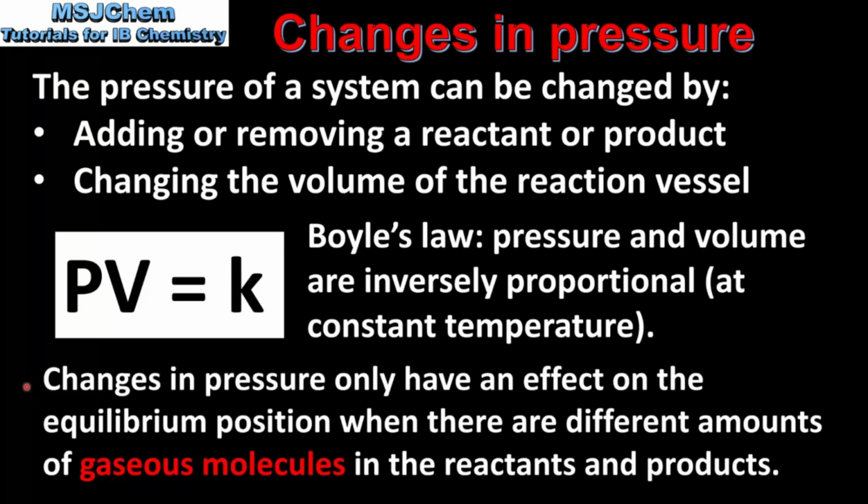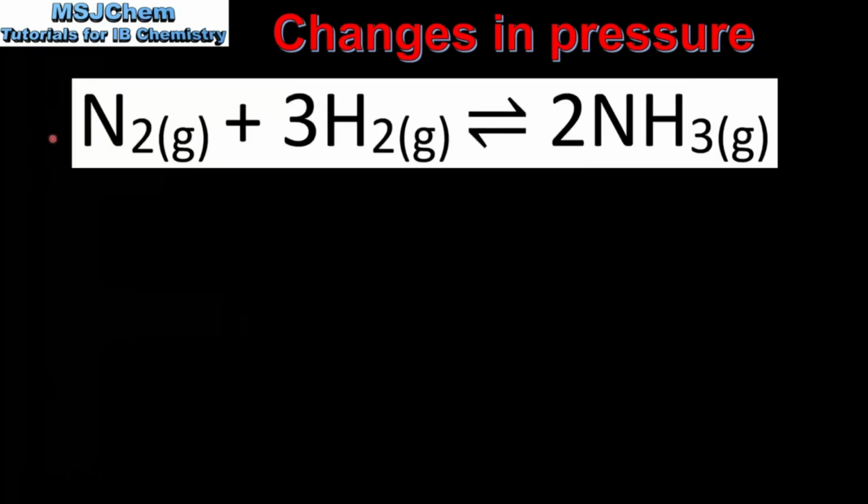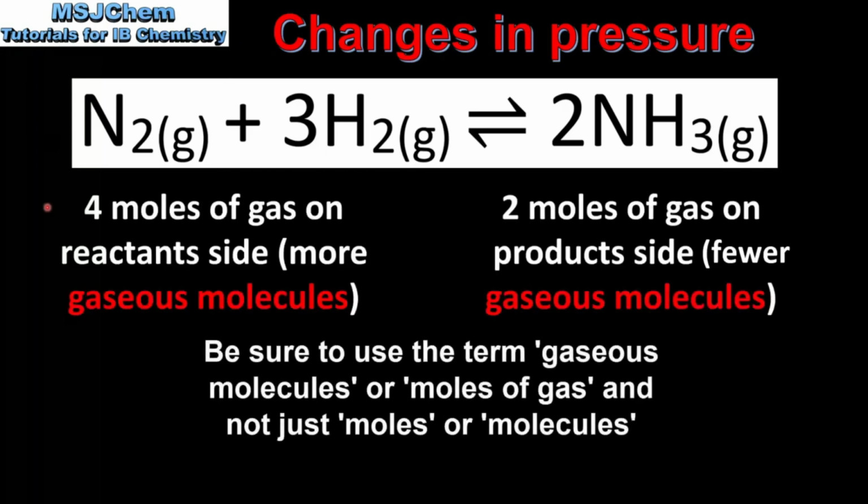It should be noted that changes in pressure only have an effect on the equilibrium position when there are different amounts of gaseous molecules in the reactants and products. So next we look at some examples. The reaction we look at is the Haber process, in which nitrogen and hydrogen react together to form ammonia. In this equation we have 4 moles of gas on the reactant side and 2 moles of gas on the